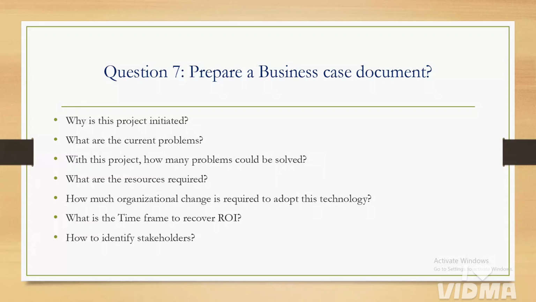Okay, and next, whatever change is required, how much it will adapt to this technology, and then what is the time frame, like 18 months, and what will be the ROI, return on investment. We need to mention it according to your case study. And how to identify the stakeholders: we will identify the stakeholders by using the RACI matrix. Okay,